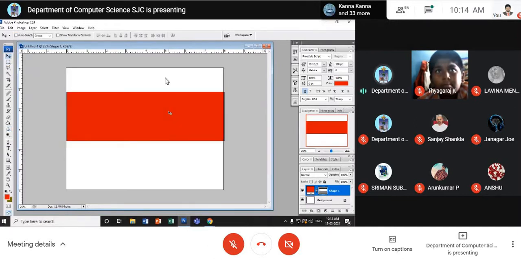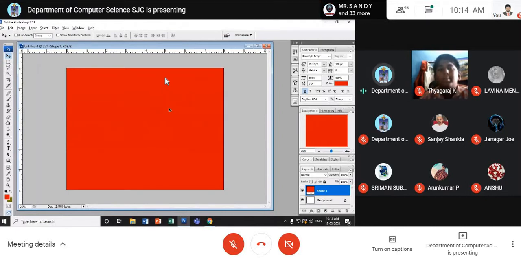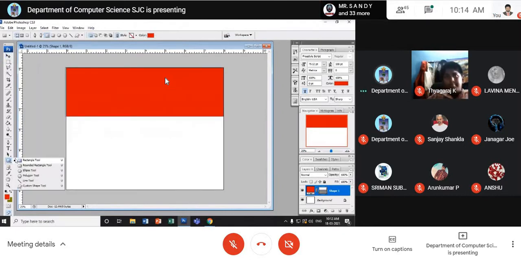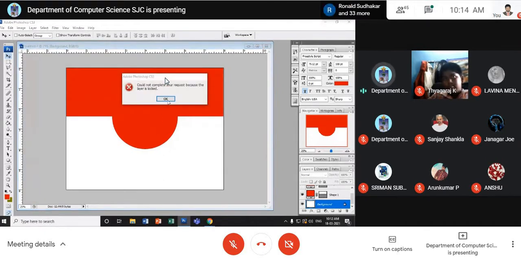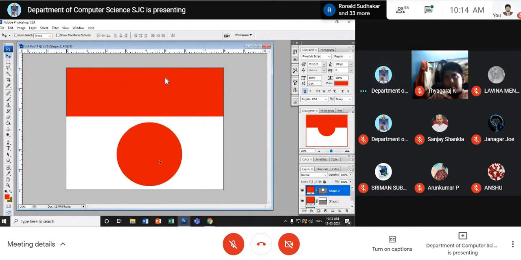Okay, now to show you, look, I'm sorry. We have got rounded rectangle, we have got ellipse. See, I just draw an ellipse. Am I clear to you? I'm drawing an ellipse with the same color. It looks like a design. With the same color, it looks like a design. See, I'm able to make it. Am I clear to you?